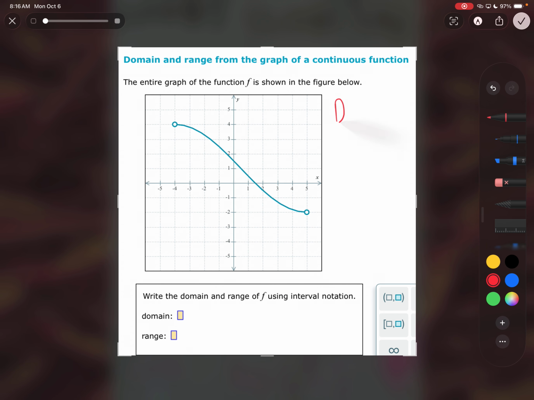All right, so on this one, again, my domain is my x's, so I'm looking left to right. So the left point would be -4, it's a parentheses. And the right point would be 5 with the parentheses because they are open circles. The lowest point on this graph is at -2 with the parentheses, and the highest point is right here at 4 with the parentheses. Okay. So the range,